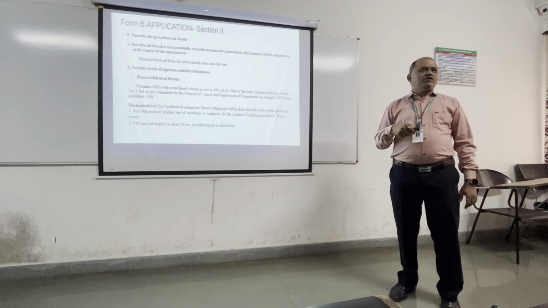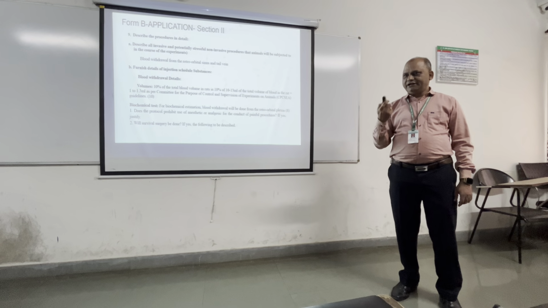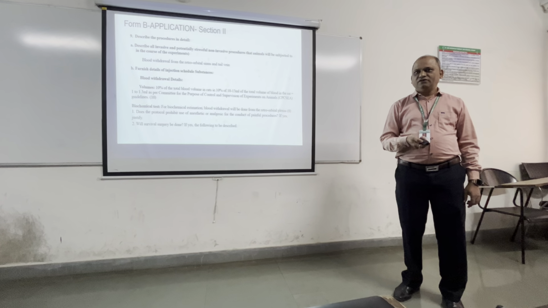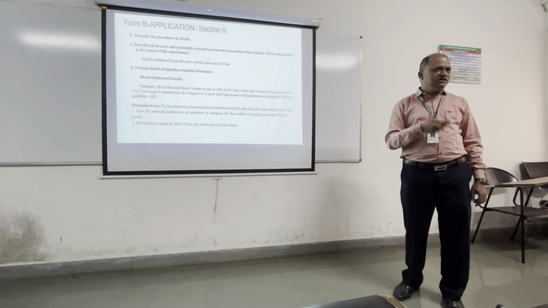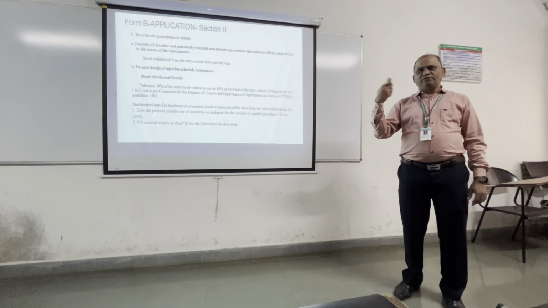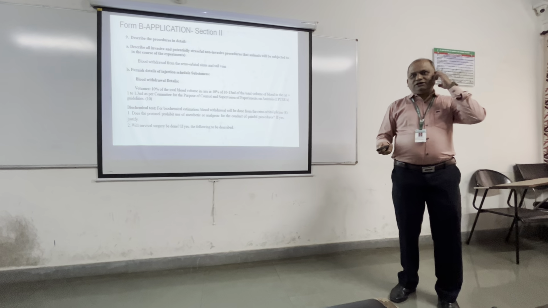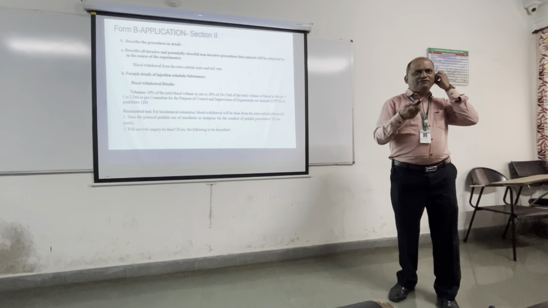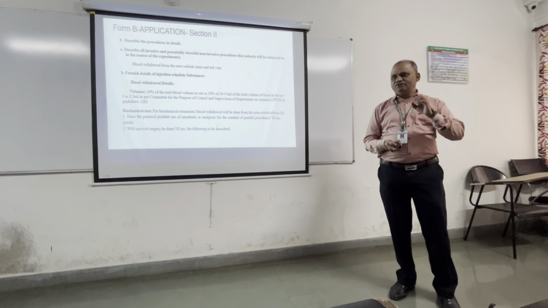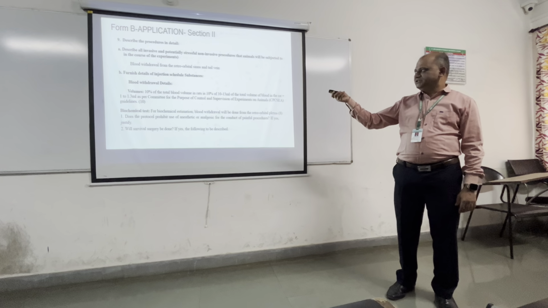And which procedure you are going to use? Either tail vein, or heart puncture, cardiac puncture, or retroorbital sinus, retroorbital plexus. In your BPharm, the methods of blood collection are given in your syllabus. Please go through. So accordingly, which method you are going to use? Don't write blindly. If you write retroorbital plexus, and no one knows how blood is to be collected from the retroorbital sinus, that is a problem. So whatever method you know, or the individuals involved in your protocol know, that method you have to mention in the form. Details of injection schedule, substances.